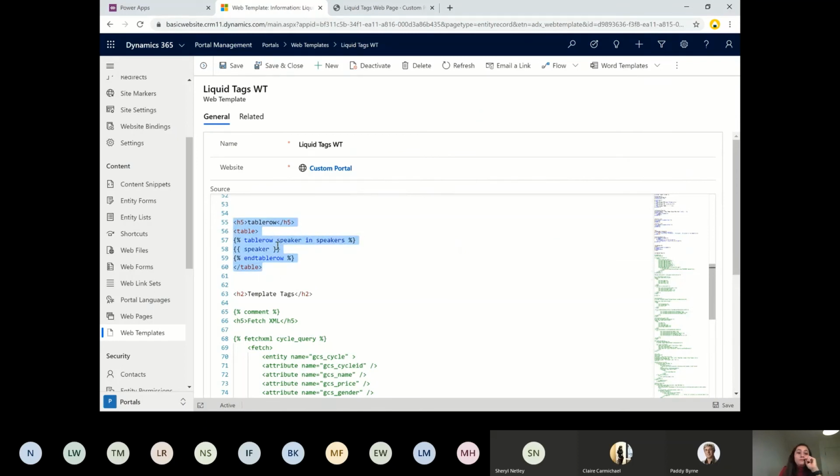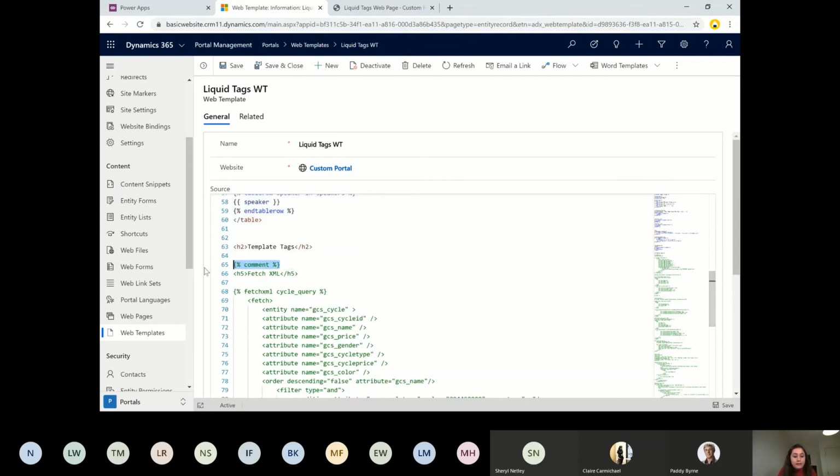I tried this a couple of times, but the functionality is the same as for loop, but somehow it wasn't working for me. So any help will be appreciated on this one. But yeah, it's nothing different than the for loop, but just use the table row if you would like. Just try if it starts working in the next version, something like this, but it's not working right now.